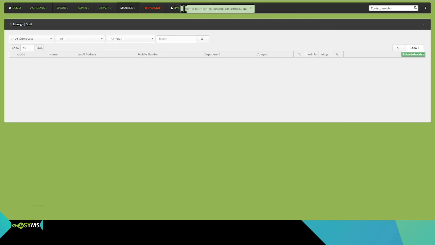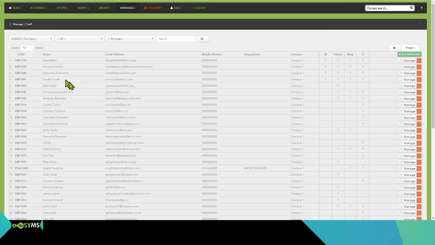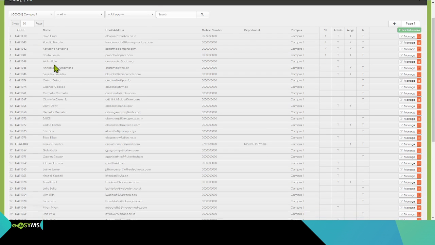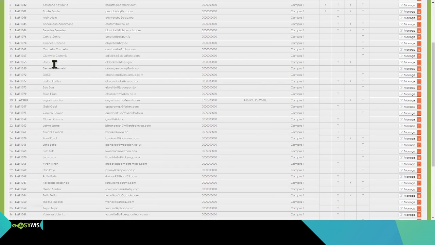Now a notification will come to say mail has been sent to English teacher at mail.com. As you can see where you are, you cannot see the English teacher. You need to select the campus for you to now see the staff members that you have. So when you select a campus, the system will then show you all the teachers available on that campus. So you can scroll down, like for example, I can see already English teacher is here on campus 1